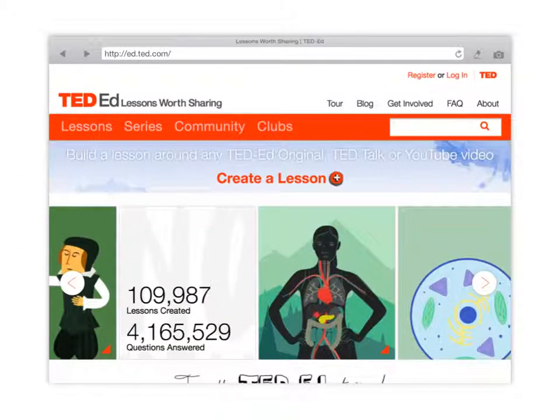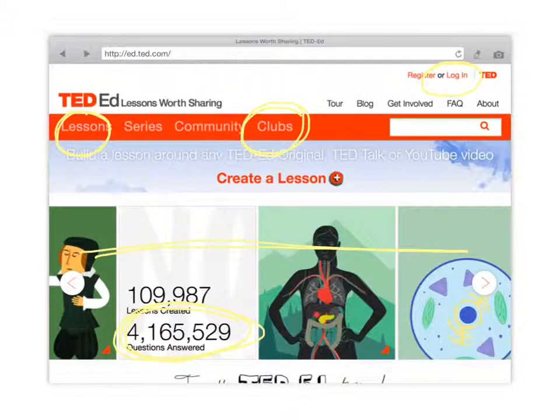But just to give you a little idea of what it is, I've pulled up here the TED Ed browser. You can see here there's over 109,000 lessons created. Multiple students have answered these. That number continues to grow. These are some of the top lessons in this area, and then obviously you can register or log in up here. Here's the built-in lessons that they've already created. There's actually clubs for certain subjects like science and math if students want to become a part of this TED Ed club. It's kind of a nice community that they could be involved in. So that's just a little bit about the TED Ed area. And the browser, like I said, all you have to do is go to